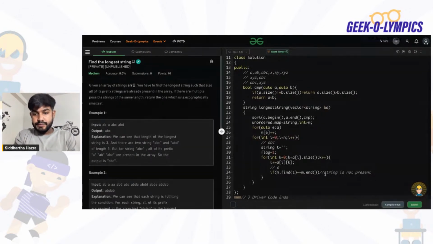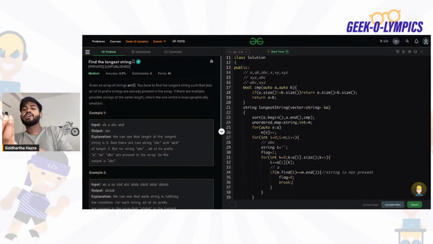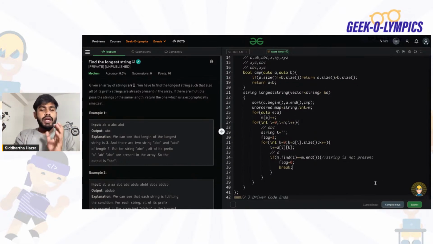So at this point only, I would say flag is equal to false, and then यहीं पे break कर जाओ, because any of the string is not present, that means it is not possible. So यहाँ पे break कर सकते हो, नहीं भी कर सकते हो. Breaking would be a little bit of optimization. Okay, यहाँ पे कर दिया. अब जब string से बाहर निकले, अब हम लोग चेक करेंगे ये फ्लैग वाला चीज 1 रहा कि नहीं. If the value of the flag is still 1, that means there were no strings which was unavailable. So I would say if flag is true,